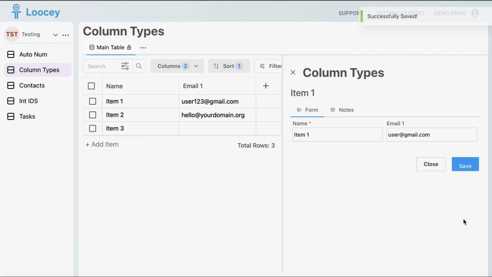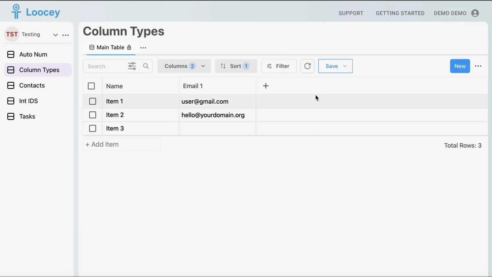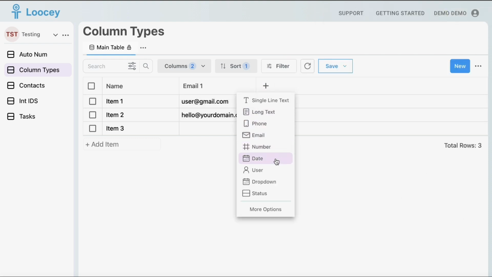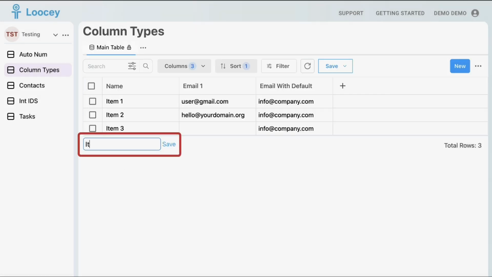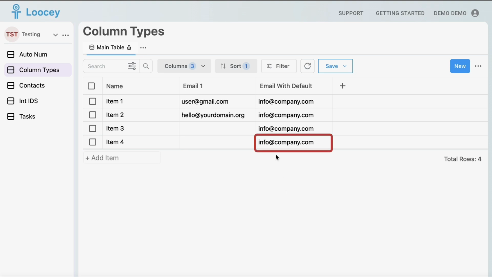Next, let's look at some of the other options while creating email columns. Let's add another column and look at the other options. You can set a default value for a column so that it can be used for all new rows created in this list. For example, if you want every new row to start with the value info@company.com, you can enter that here. This way, each time you create a new row, the email column will automatically fill with info@company.com unless